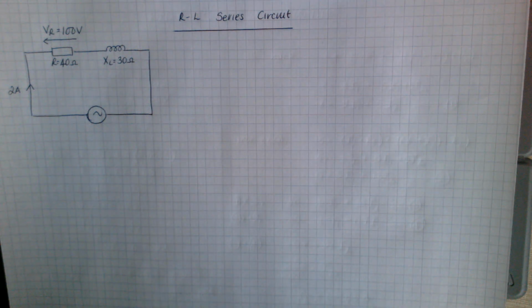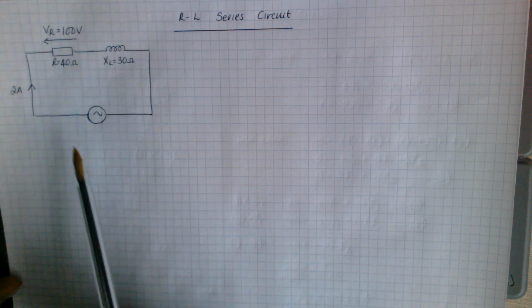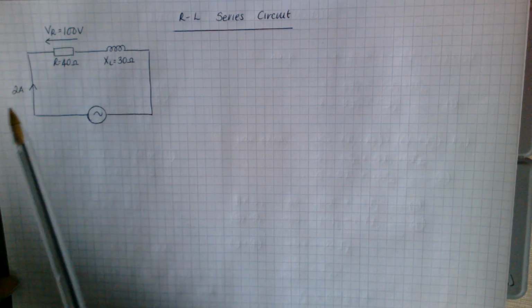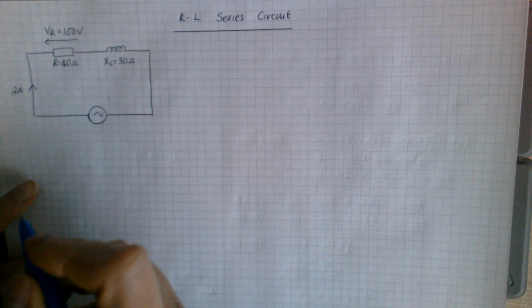Okay, so in this video, we're going to try to work out everything you need to be able to sketch a phasor diagram and a power triangle. A phasor diagram, if you remember, should have VR, VL, VS, and your current. So you should have these voltages and that supply current as well. So looking at that, the things we still need to find out